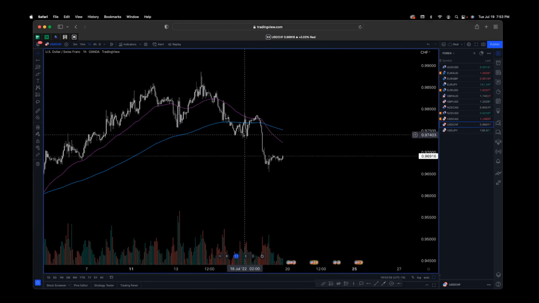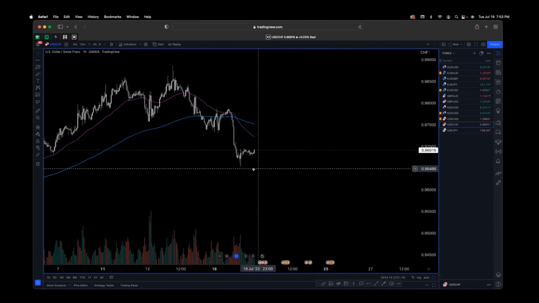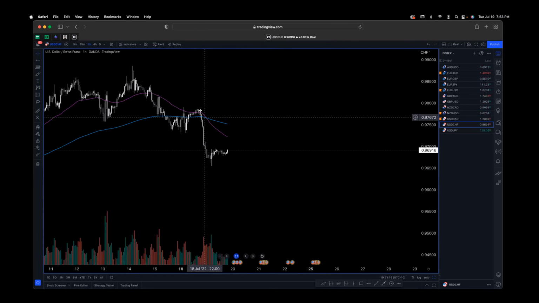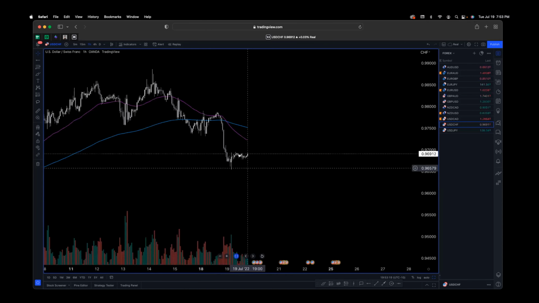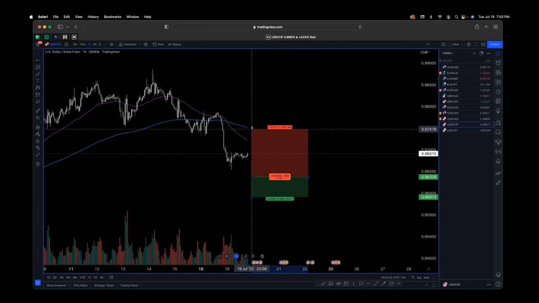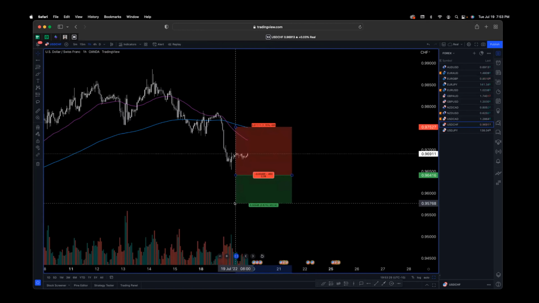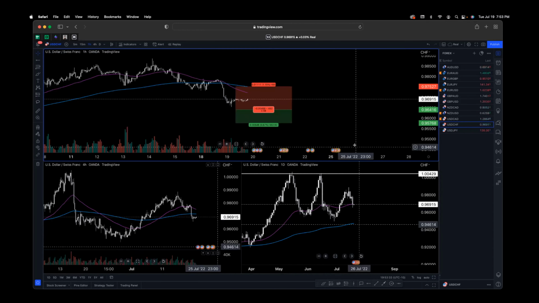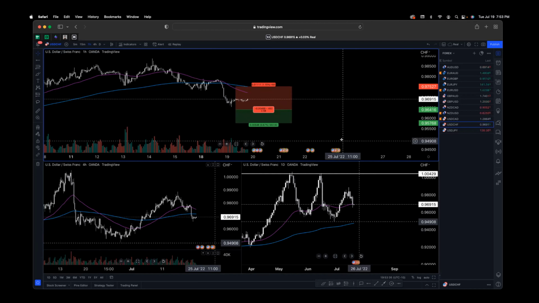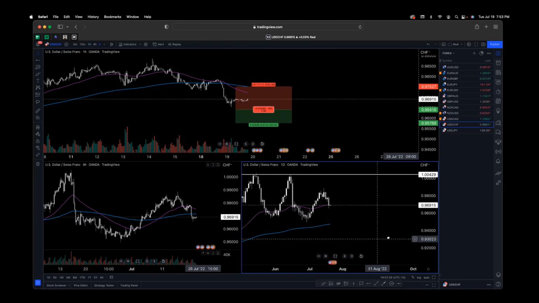Then it broke below my EMAs. Then we have a crossover, and now it's creating this consolidating pattern after a bearish run. So I like what I'm seeing here. If this was the peak of it and the daily offered more evidence that this could go to the downside, this would be an entry for myself. However, this is why intraday or multi-time frame analysis is important. This daily right here is just a mess.